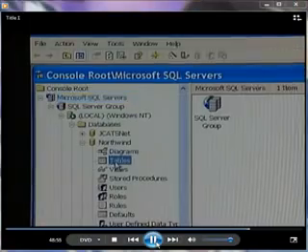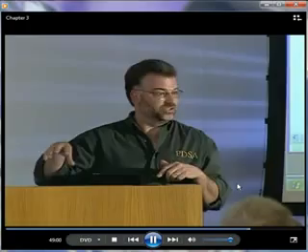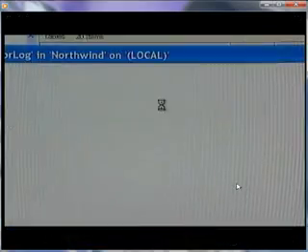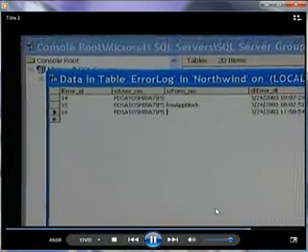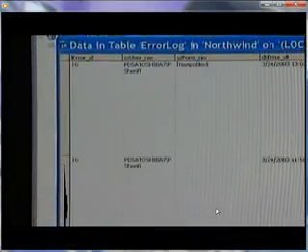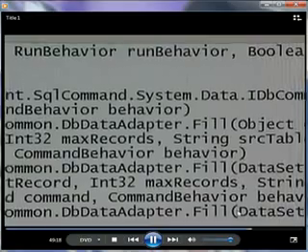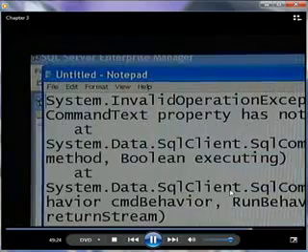So we'll drill down into Northwind. Again, error log is a table that I added to Northwind. It doesn't come with it, but it's part of that SQL statement that I gave you there. Okay, and there it is right there. Let's go ahead and actually expand this. So here you can see, it's the last one here. There's the full error information. I'll copy this and throw it in a notepad here. Voila. That's pretty cool, isn't it? Being able to specify that and put it into a SQL Server database for later. Okay. So the next thing